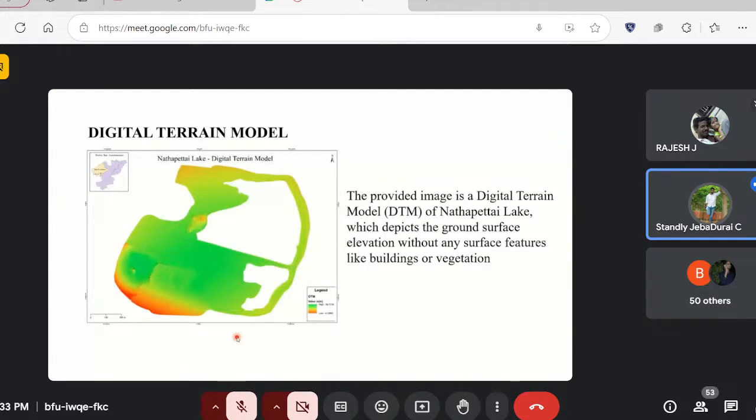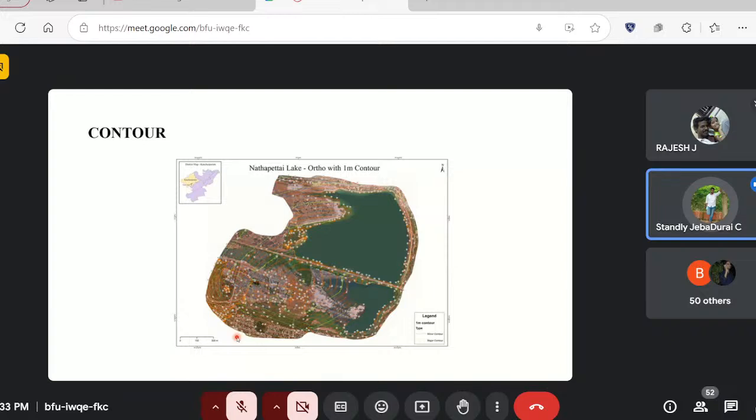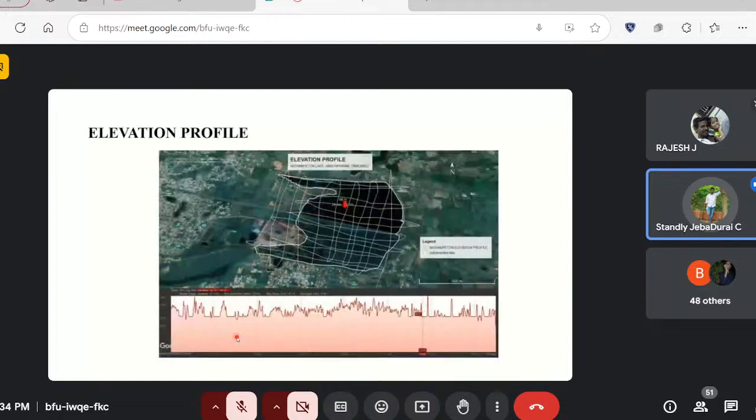The provided image is a model of the digital terrain model of the Natambete Lake, which depicts the ground surface elevation without any surface features like buildings or vegetation. Based on this, we can identify the terrain features of the lake. This contour can also be generated by using the orthomosaic images. So this was the elevation profile,